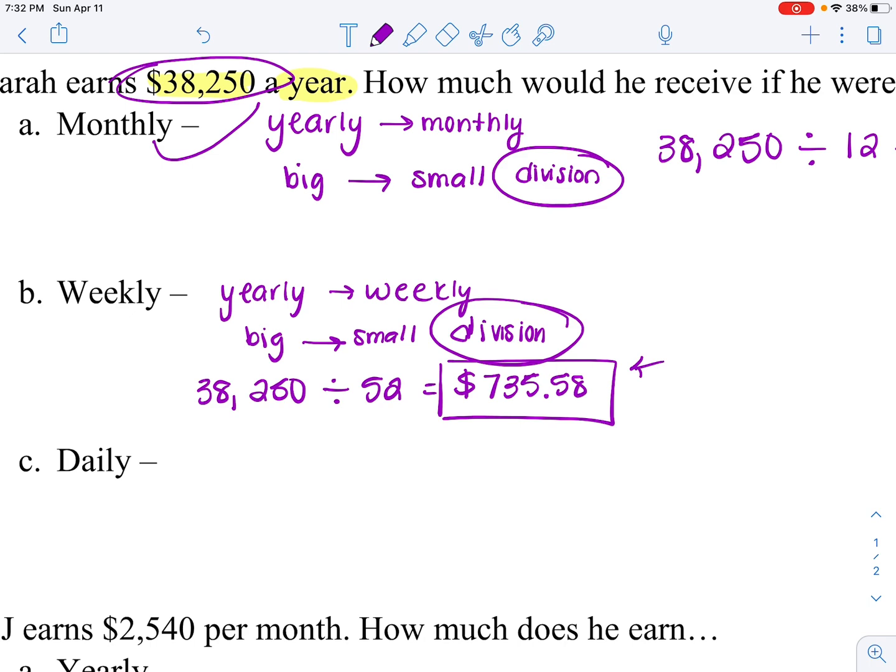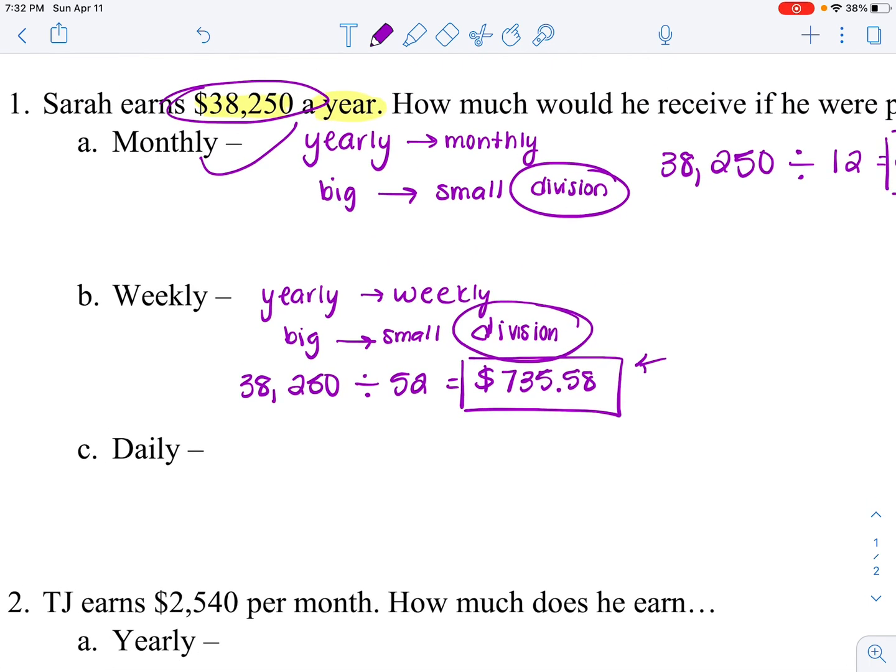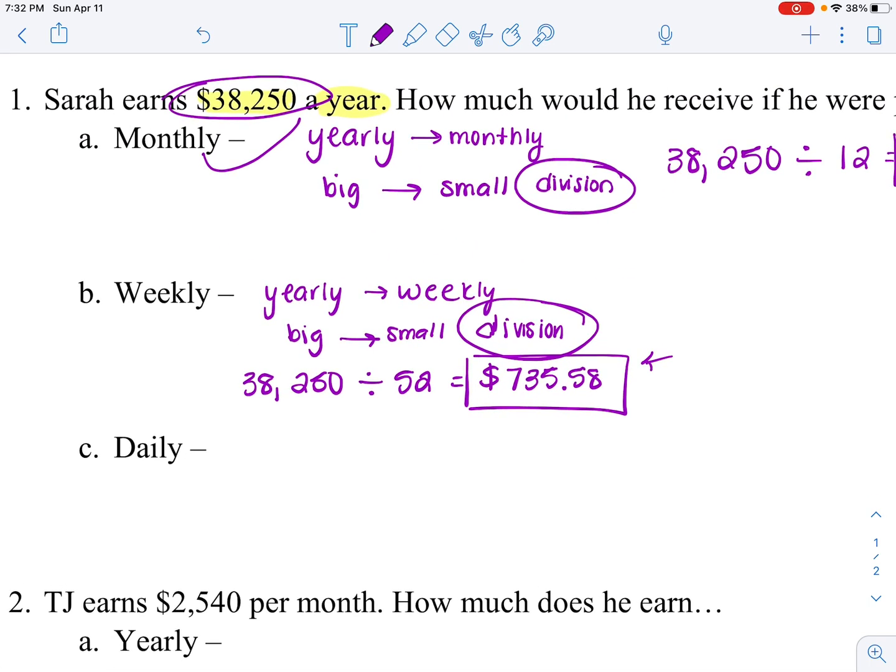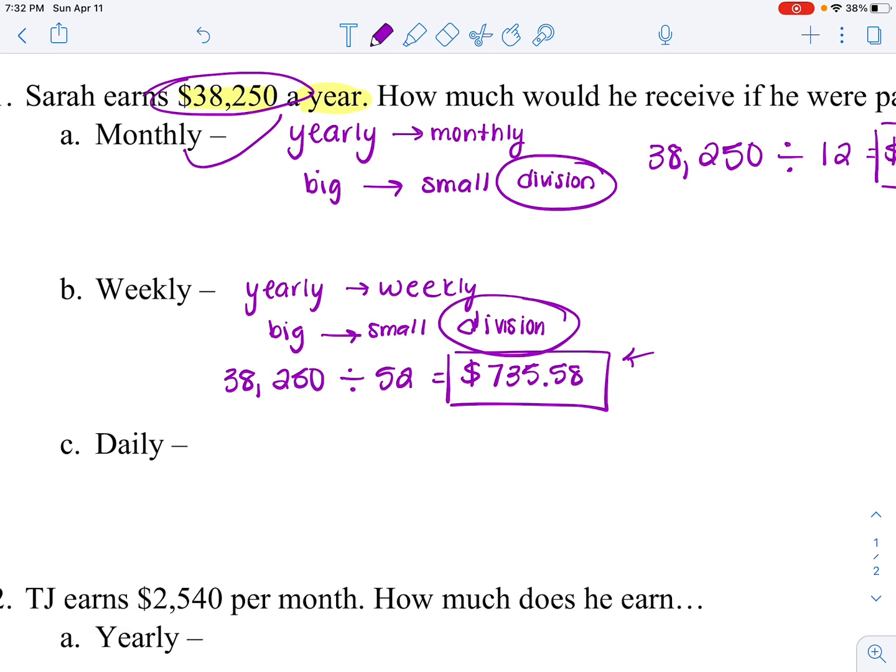And last but not least, daily. So we are going from, so this one we have to be a little bit careful. So we talked about this in class. So we know that for monthly, we use 12 because there's 12 months in a year. And for weekly, we use 52 because there are 52 weeks in a year. For daily, what we could do 2 things here. We could either just divide by how many days there are in a year, or we could use the amount